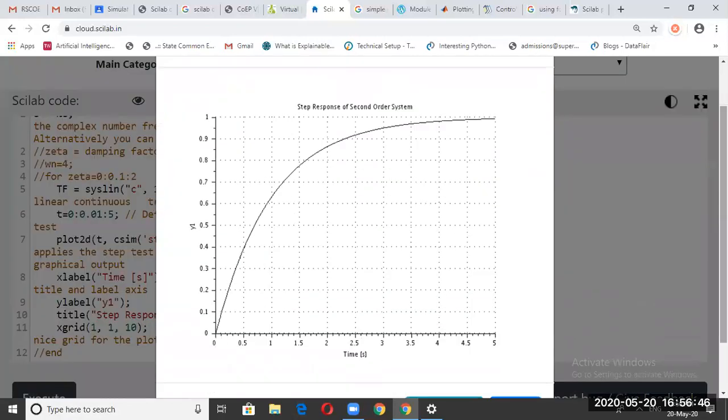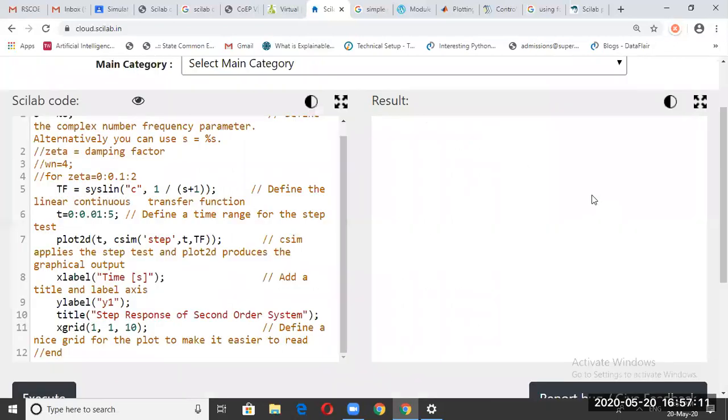See, this is a first order step response because the system is now first order, right? And you can see that at roughly t equal to 5 or so, the system is trying to achieve the steady state value over here, right? You can see it, and we can simulate for various.